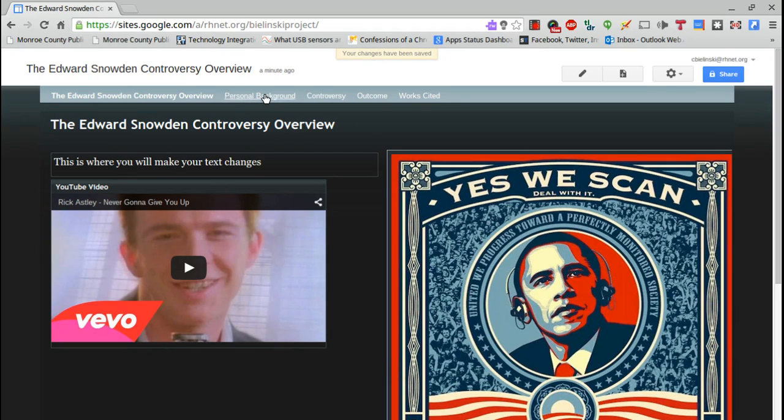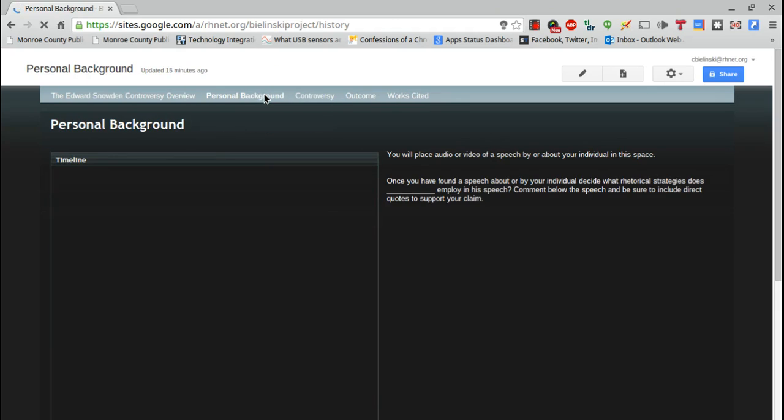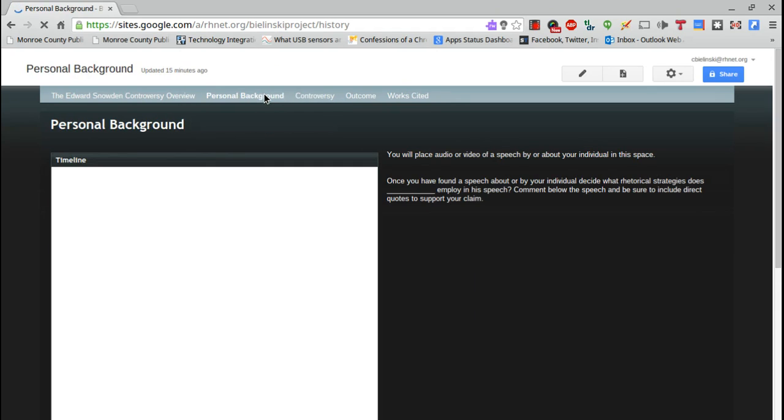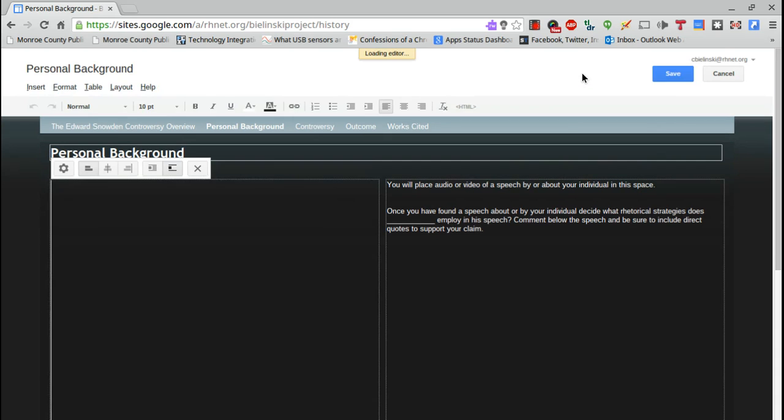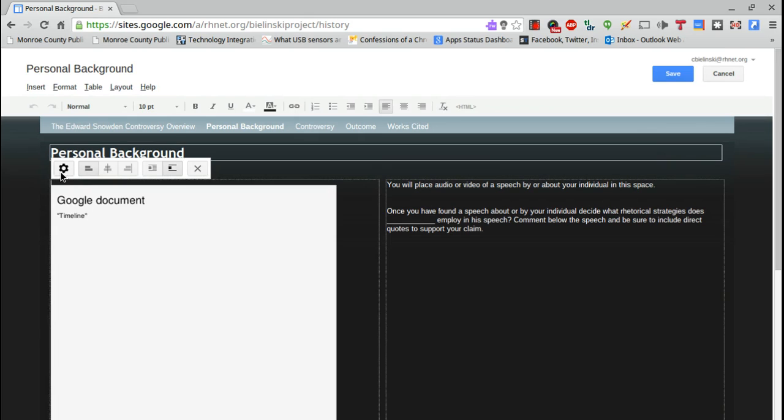So when I go into personal background, here's where the timeline is going to go. The original timeline based upon my research that I've completed in Google Docs, and I'm going to insert the Google Doc. And all you have to do, again, click Edit Page, go to the gearbox,